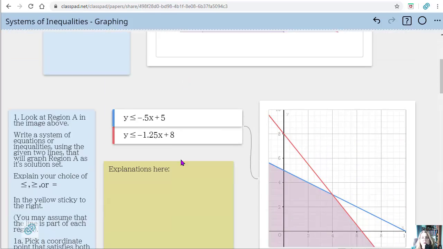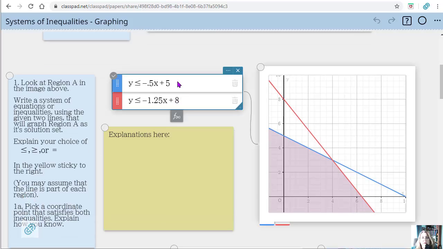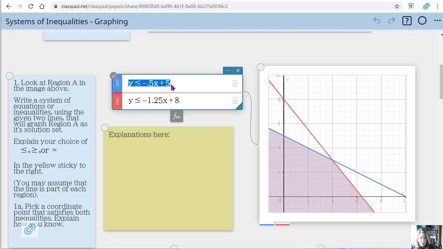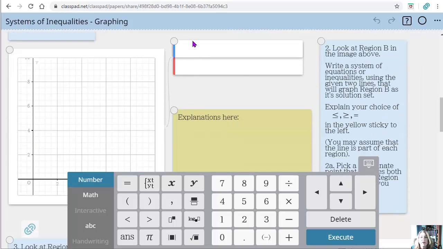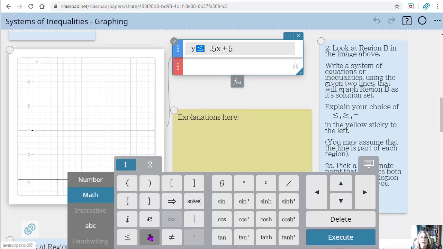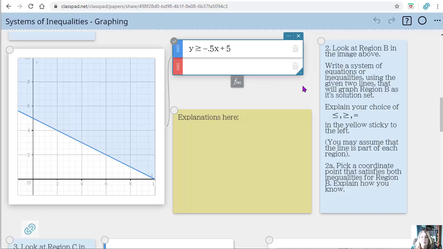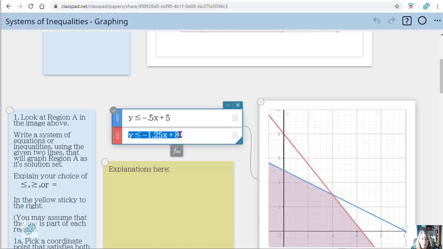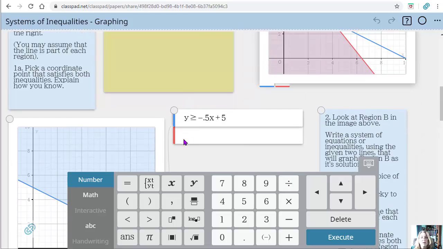So they're going to basically create the, and let's actually see if we can do it. Trying to copy and paste. Oh, it doesn't like me to do that. There we go. I'm going to copy and paste it because it's the same linear equation each time, but we're deciding, so I think it was greater than this one. So we're going to switch this, and then let's see if we're correct. Yep, looks like we're correct there. And then we're going to do this one. And I think that one is fine the way it is.